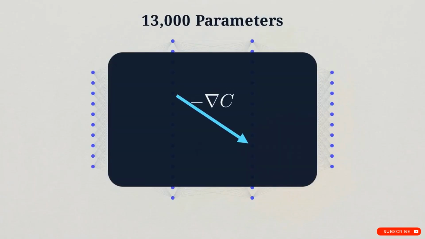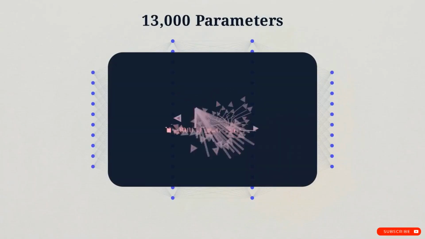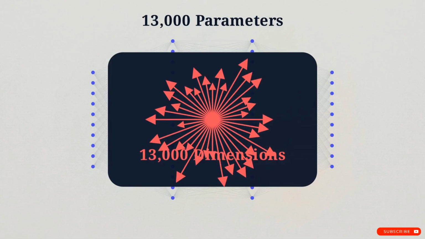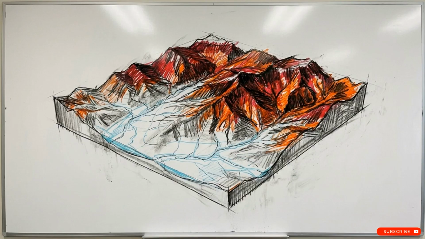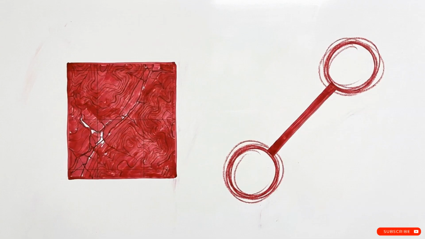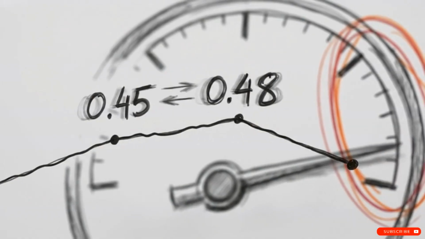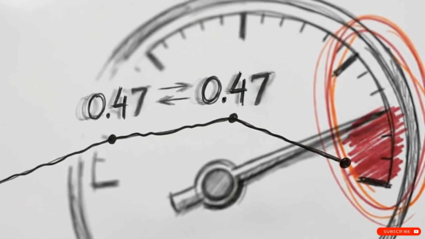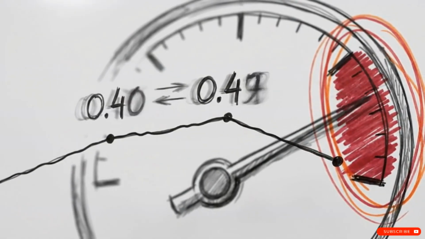The standard approach finds the negative gradient of the cost function. But picturing a vector in a 13,000-dimensional space is beyond our imagination. We need a different way to interpret this data. Instead of an abstract vector, you can think of the gradient as a sensitivity map. Each component of that gradient corresponds directly to a specific weight or bias in the network. Understanding the gradient simply means figuring out exactly how sensitive the final cost is to a slight wiggle of each